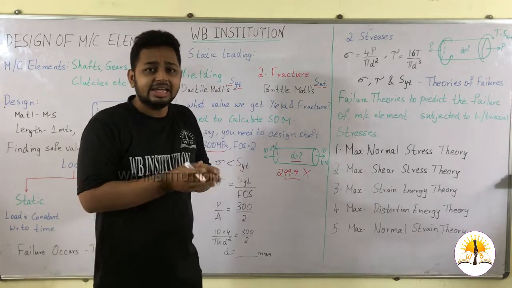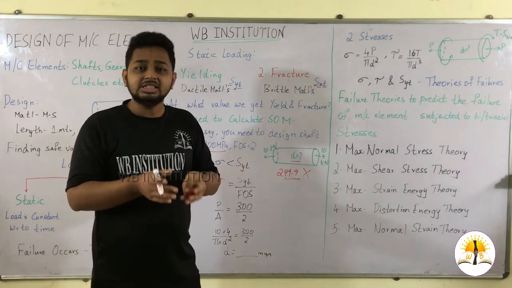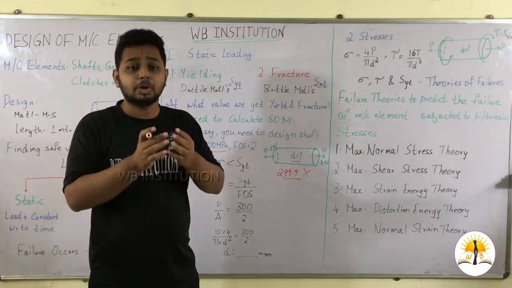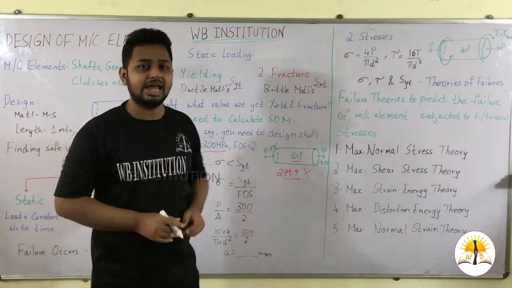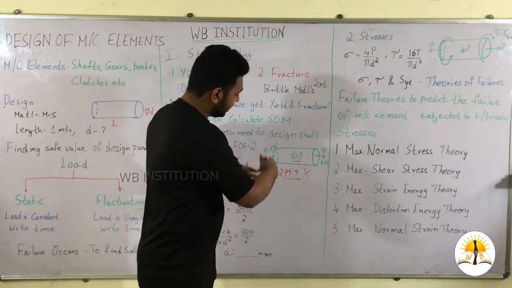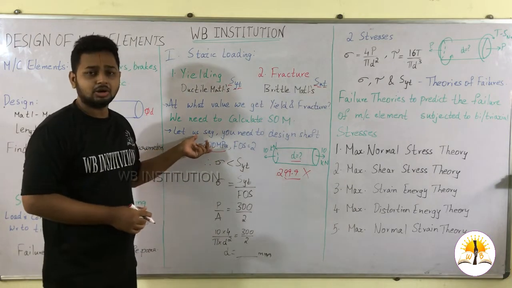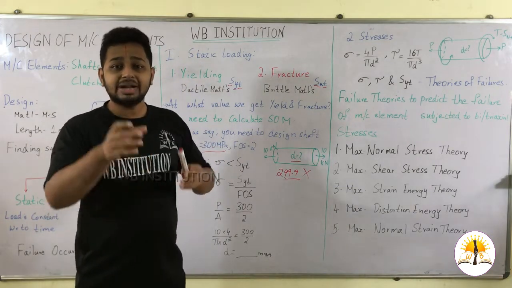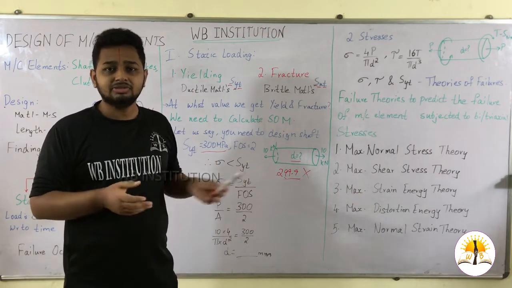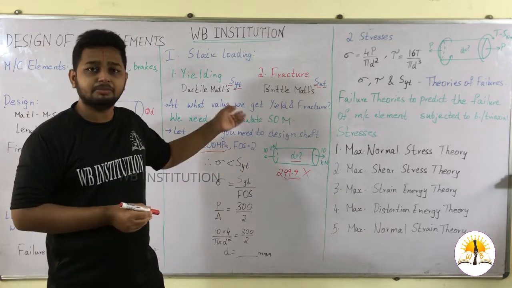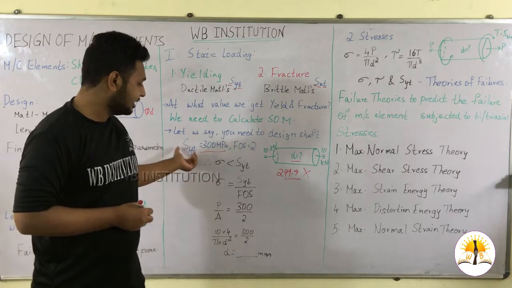Yielding is nothing but the elongation of the material. So if yielding occurs in the material, then the machine element will not function properly. There will be some noise or vibration generated in the machine element. If the stress goes higher than 300, say around 400 megapascal, we get the breaking point. At that breaking point, the machine element will get fractured, so the function will not work properly for the particular machine member. So we have to keep the stress less than the yield point.